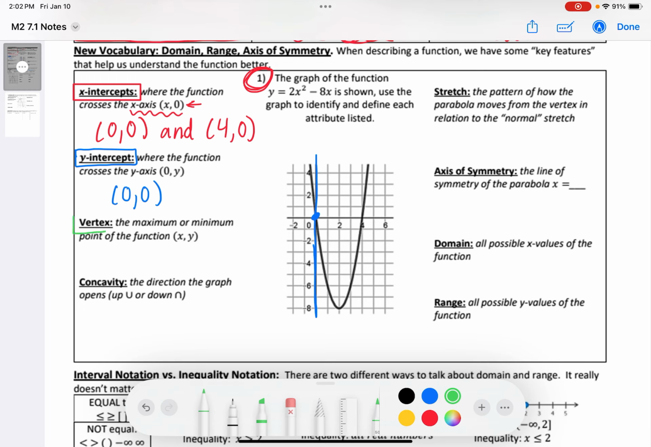The next one is called a vertex. When you're asked to find the vertex of a graph, it's the maximum or the minimum point of the function. So looking at my graph, I have a minimum point because it's right here at the bottom. I do not have a maximum, because this point creates this parabola, and the graph goes on and on forever at the top. So this one has a minimum point,